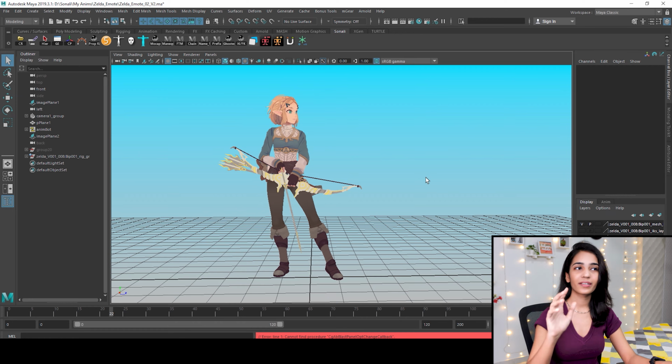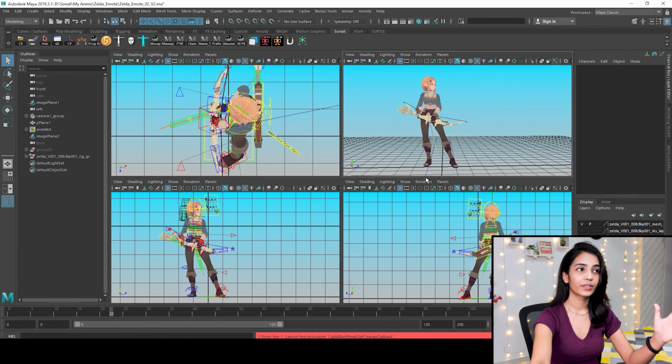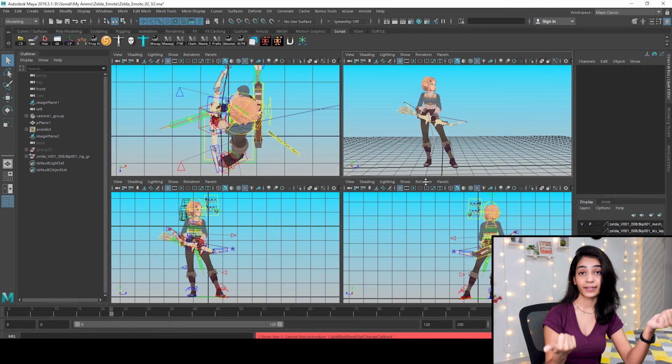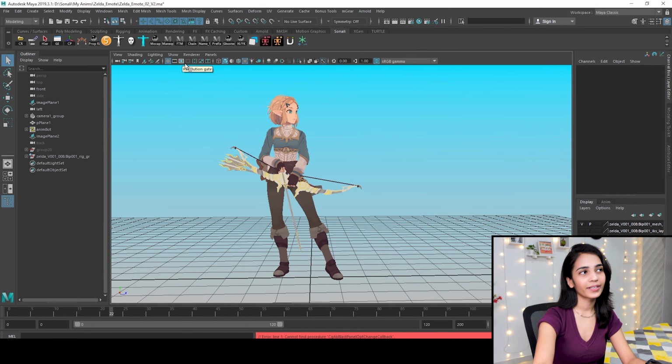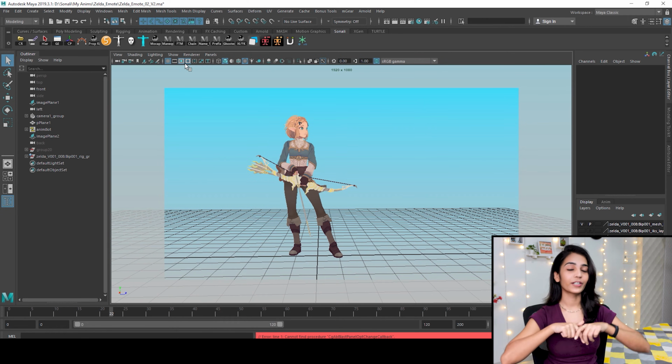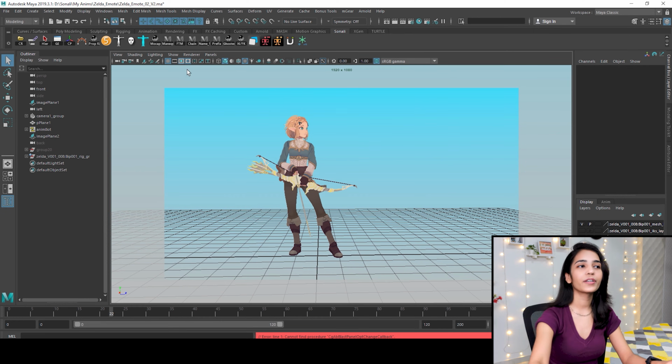By the way, these settings are independent to each viewport, so if you just hit spacebar, you can see all of those things that we just hid in the perspective view. So you can do this to each panel, but it's not required now. Next, we have a resolution gate here, which gives you that white border that you might have seen in some playblast, and it also displays the resolution of your camera.